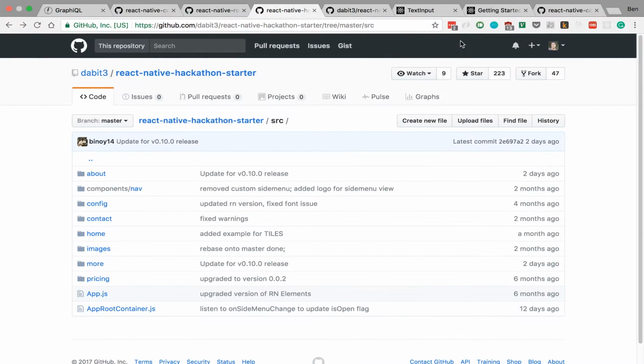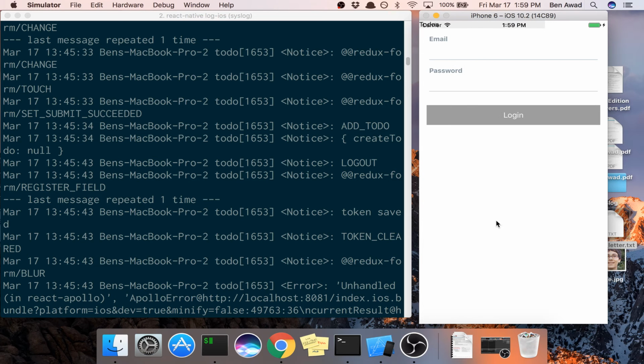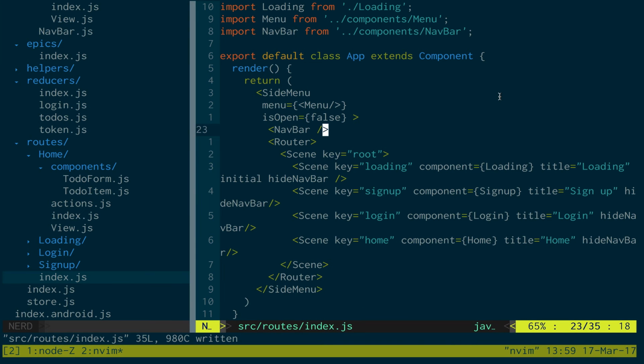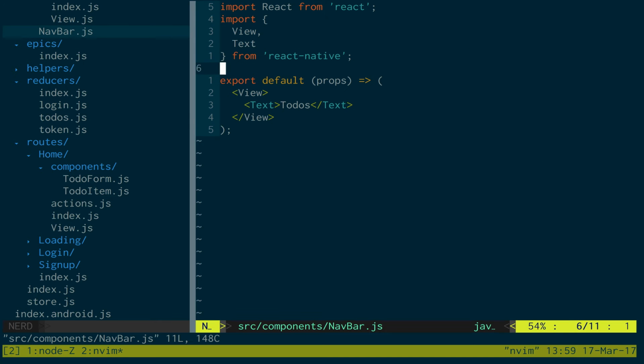And our actual router, whoops, come back over here. Yep, now we actually get it. Look at that, to-dos. Okay. Now let's actually style it so it looks much nicer. Okay. So we're gonna say